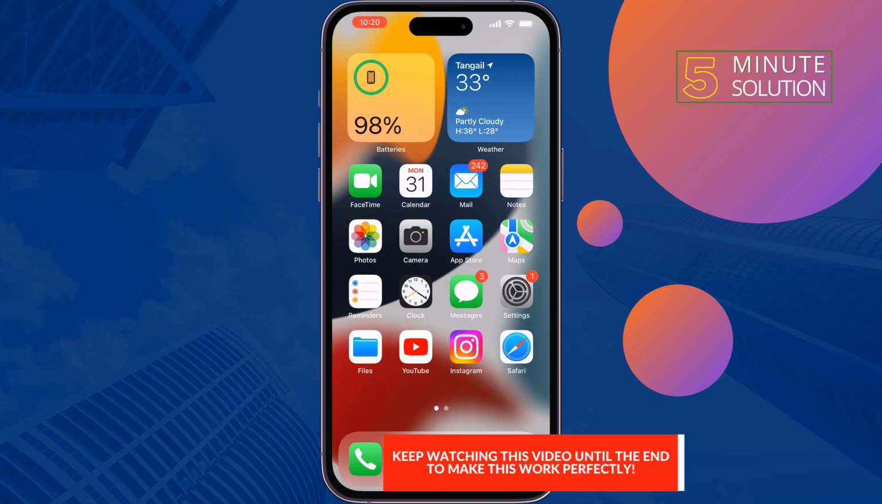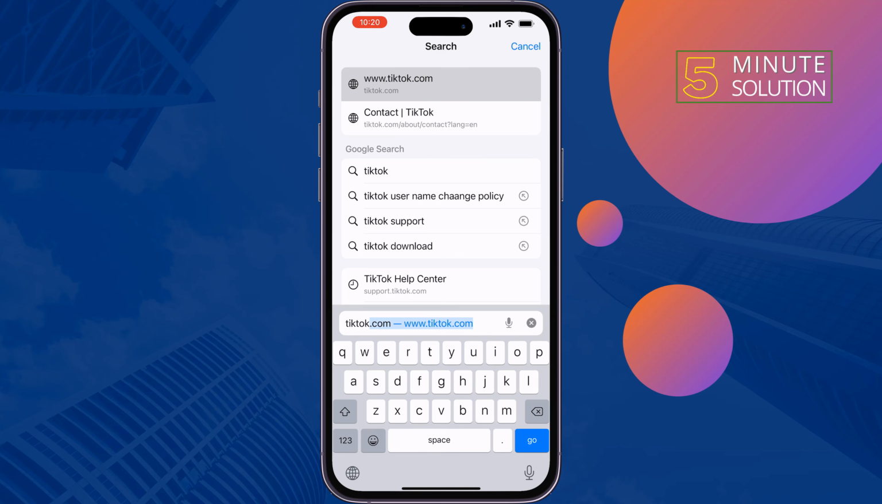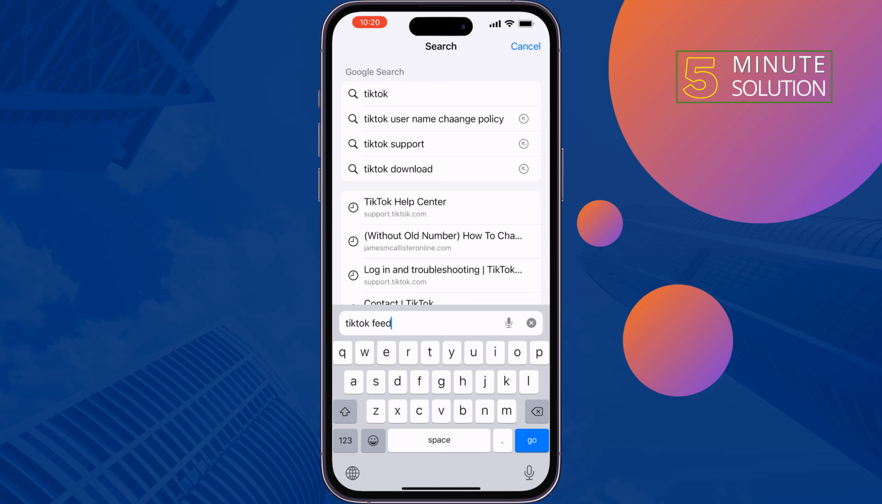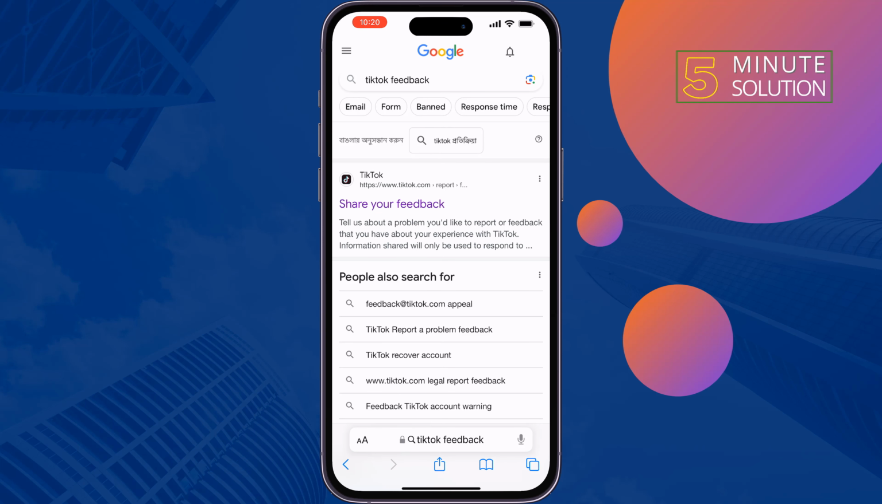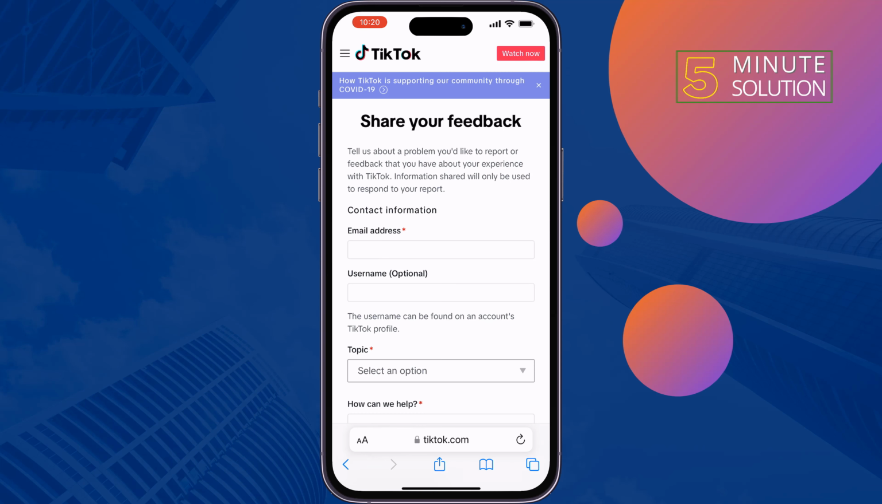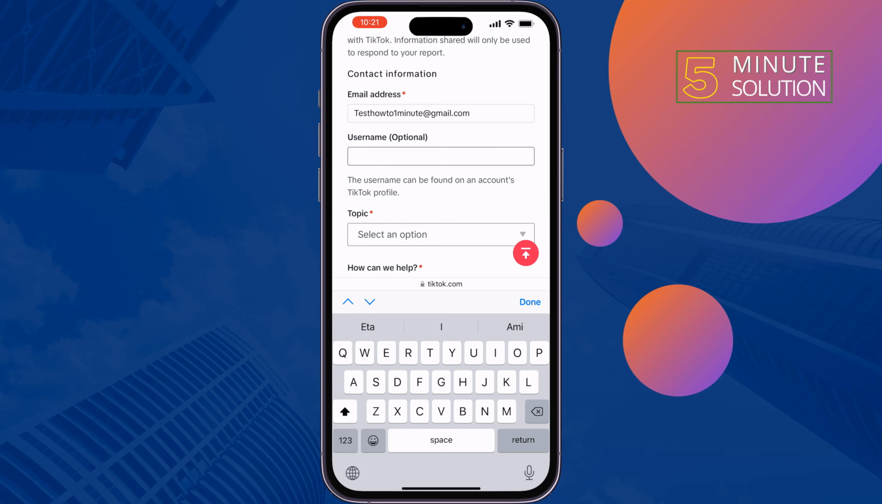To do that, open your browser and type here TikTok feedback and tap on share your feedback, and here you will get TikTok feedback form. Now enter here your email address, enter here your TikTok account username,